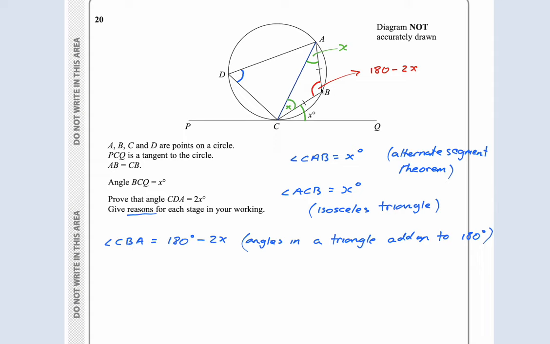Okay, and then finally, these two, this plus this, so angle CDA, which is the one I'm trying to get, plus angle CBA equals 180 degrees, because this angle plus this angle add up to 180 degrees. Why? Because they are what we call cyclic. It's opposite. Sorry, I should write that. Opposite